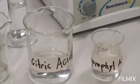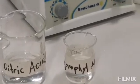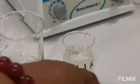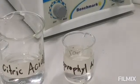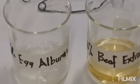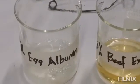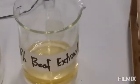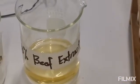And then the major chemicals that you will be using are actually the egg albumin and the beef extract. So the egg albumin refers to your egg white, whereas the beef extract could mean your meat or